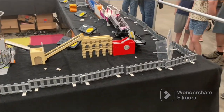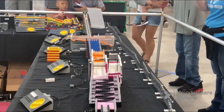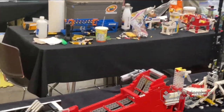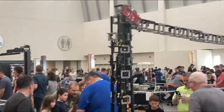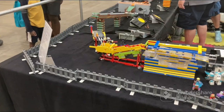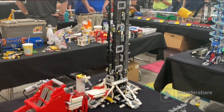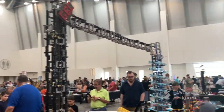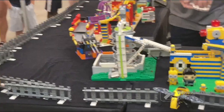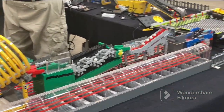And then of course you have the classic great ball contraption to finish things off with, as we'll go through a quick overview of it all. So many cool modules, as always. You can't have a Brickworld or a Brick Fair without a great ball contraption. Even the smallest Lego convention that I've been to has had a great ball contraption. It's just not complete without one. Although some of the builds may not be the most impressive of everything, they all come together to make this just amazing